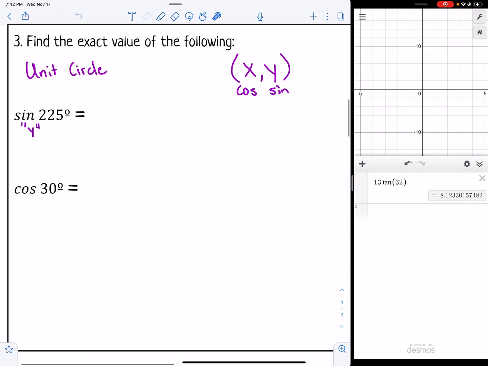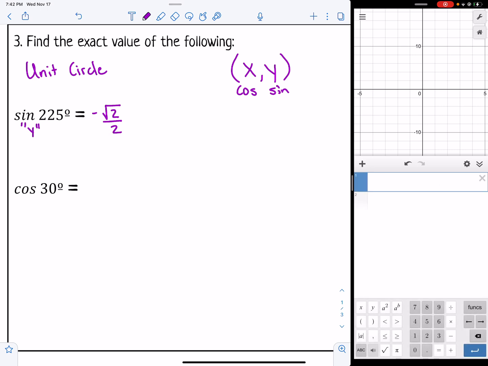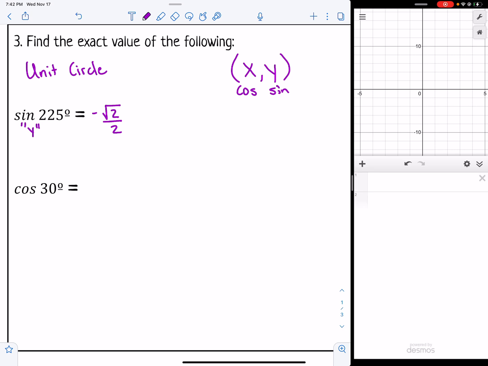And that's why they say exact. You don't want a decimal. Notice you can't get that if you type it into your calculator. That's why they say find an exact value, because there's no way to bring that up on your calculator. So don't do that. Then go back to your unit circle and find the cosine, which is the x value